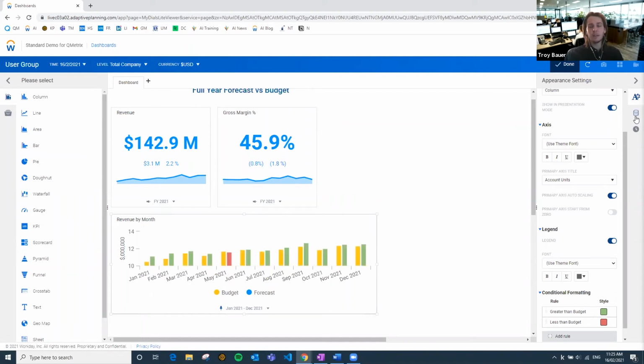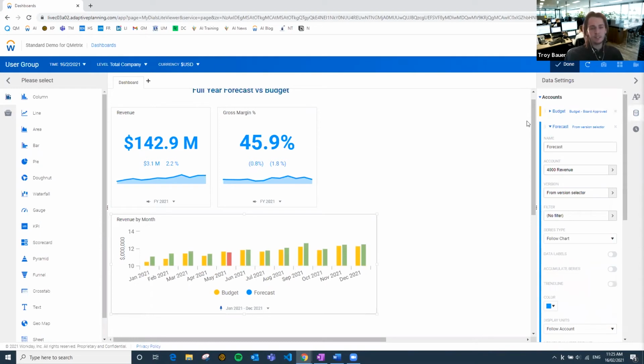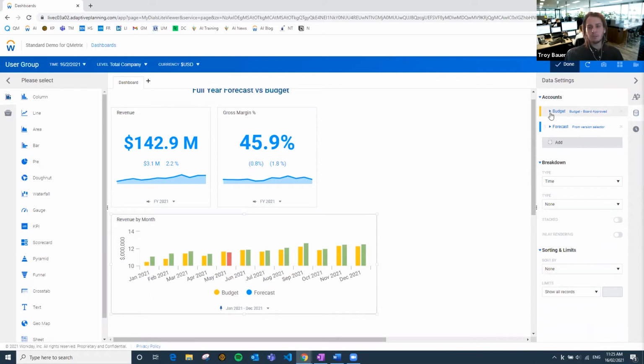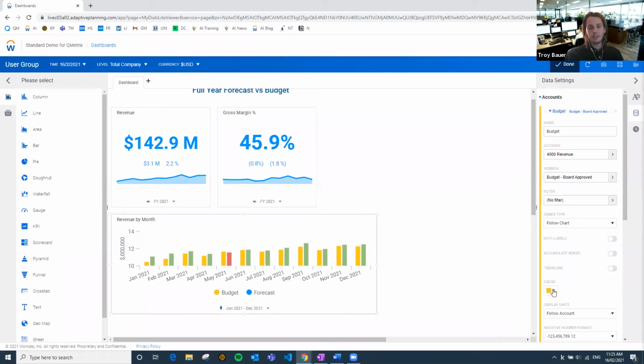Sorry, I use accounts and series interchangeably here, but I do mean accounts. If you go into the settings here, you can see the color there. So in this case, if I want to use conditional formatting, I might use a real bland color as my default for the budget, something like a gray, to clearly identify the greens and the reds. If I were using yellow, it's a fair bit of color all over the place. So I want to keep it bland in terms of a budget, so I can clearly identify where the greens and the reds are.